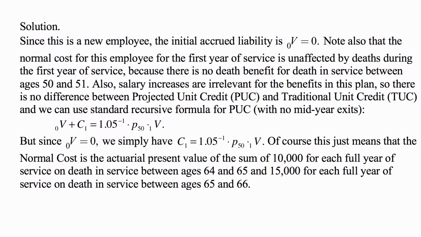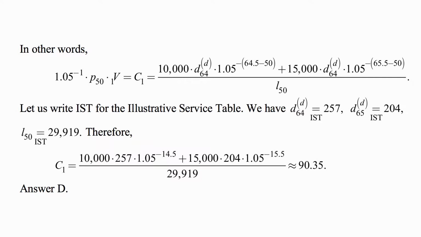Of course, this just means that the normal cost is the actual present value of the sum of $10,000 for each full year of service on death in service between ages 64 and 65, and $15,000 for each full year of service on death in service between ages 65 and 66. In other words, this normal cost, which is 1.05 to the negative 1 times p50 times 1V, is equal to